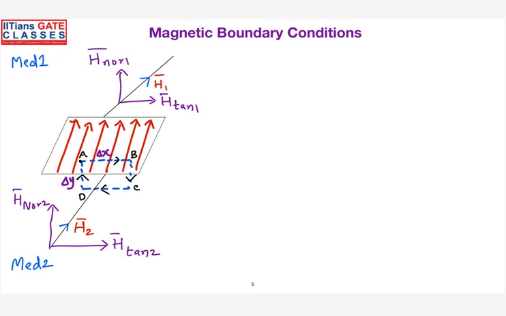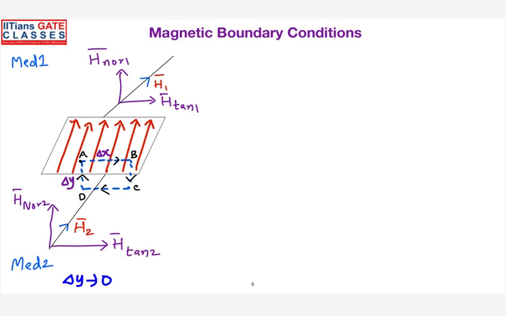Now, what I try to do is enclose this small part of the sheet with a closed loop. When you are moving from A to B, let us say you are moving parallel to the x-axis, and from B to C it is, let us say, a delta y. That means some variation is there, and this length of the loop is negligible, so I was assuming that delta y is negligible here. So you have a surface current sheet, you have taken a small loop like this, and you are assuming this distance to be negligible.